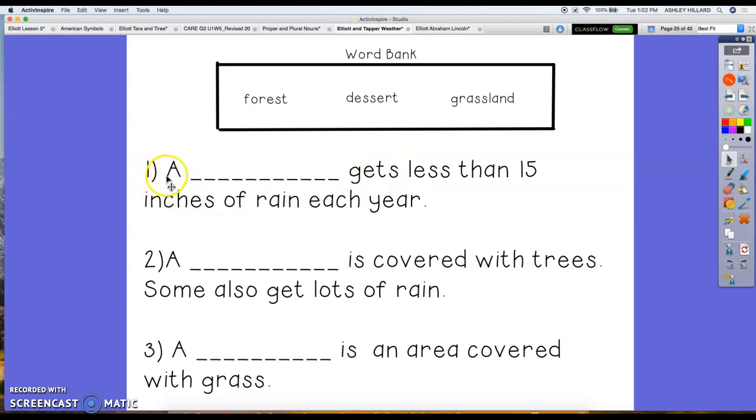So number 1 says a blank gets less than 15 inches of rain each year. Number 2 says a blank is covered with trees. Some also get lots of rain. And then number 3 says a blank is an area covered with grass. So get this done and I will see you all tomorrow.